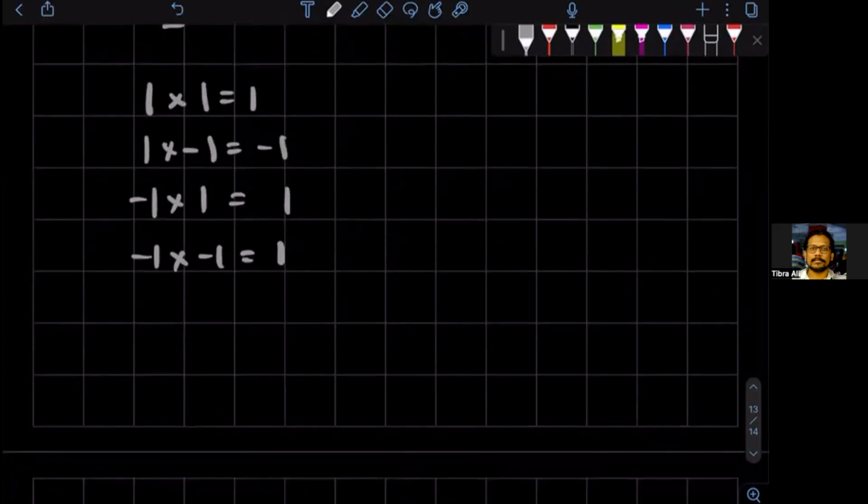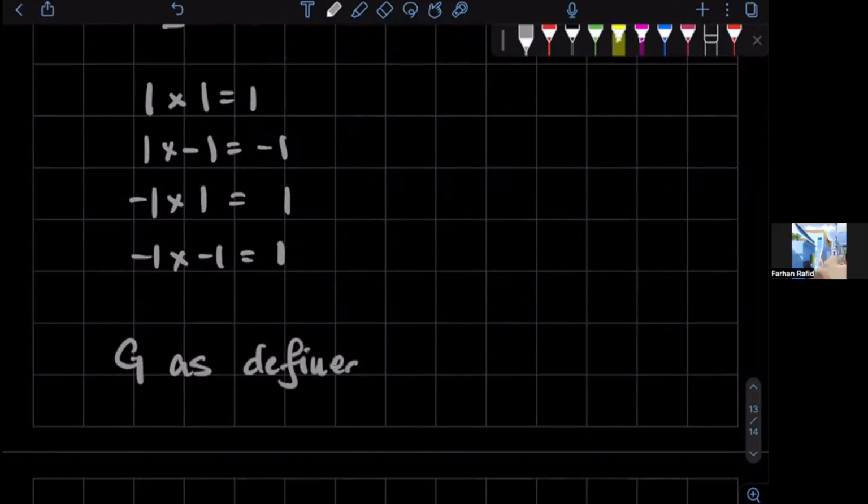So we see that G as defined above. So the third one should be minus 1, I think. Yeah. So as defined above